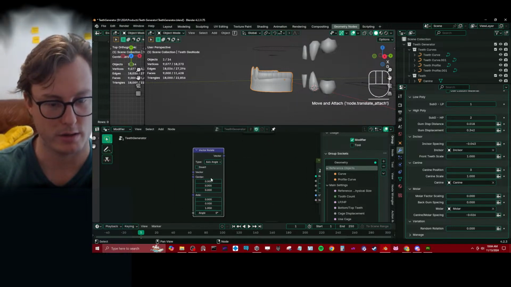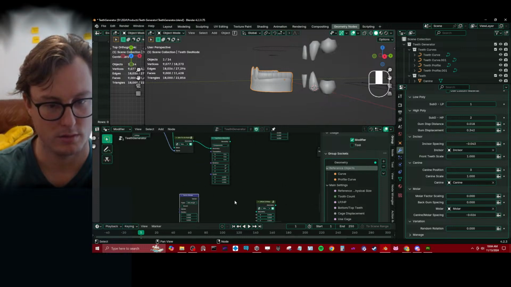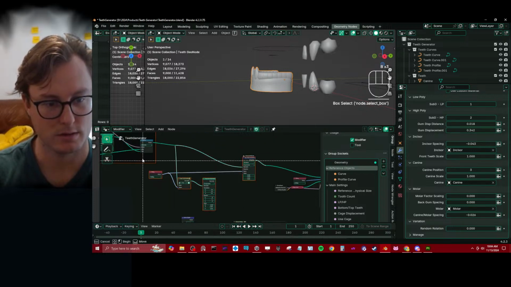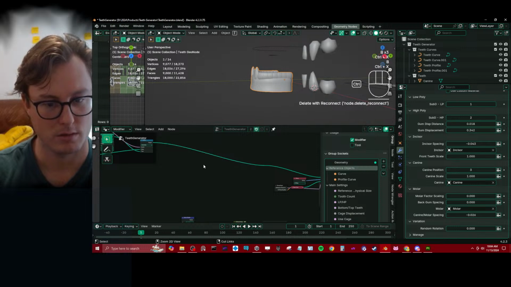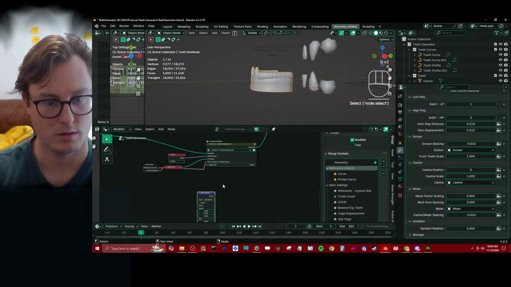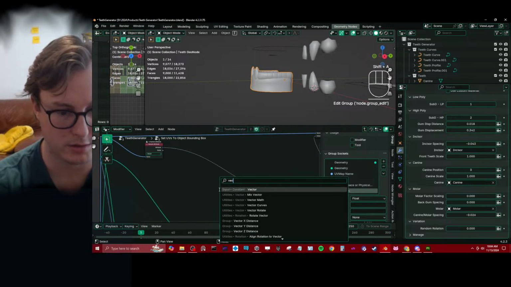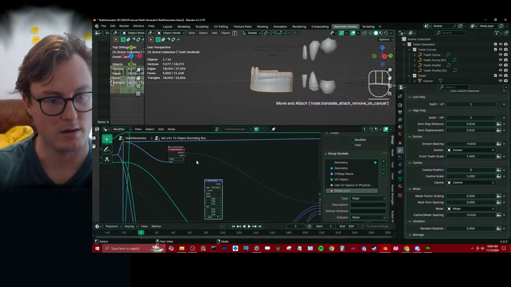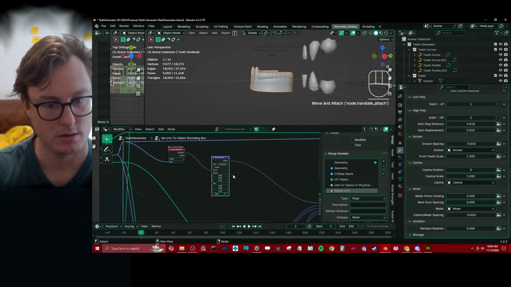This is more what I want. Okay, which means I don't have to do this. This is what we want to include. Vector rotate. We take our whole attribute,